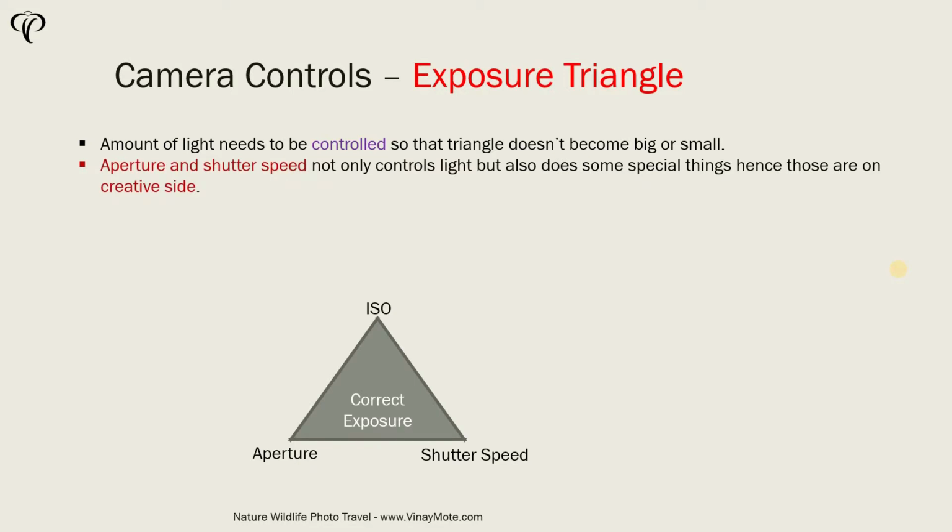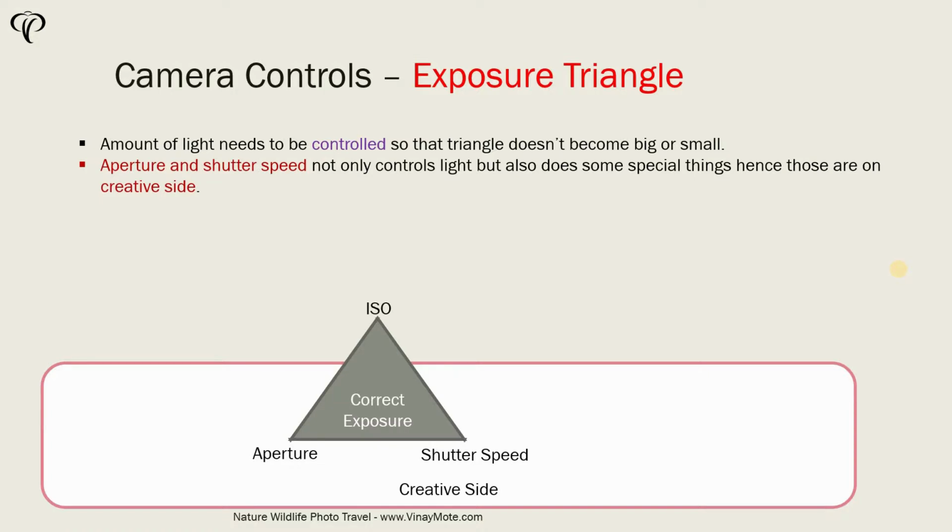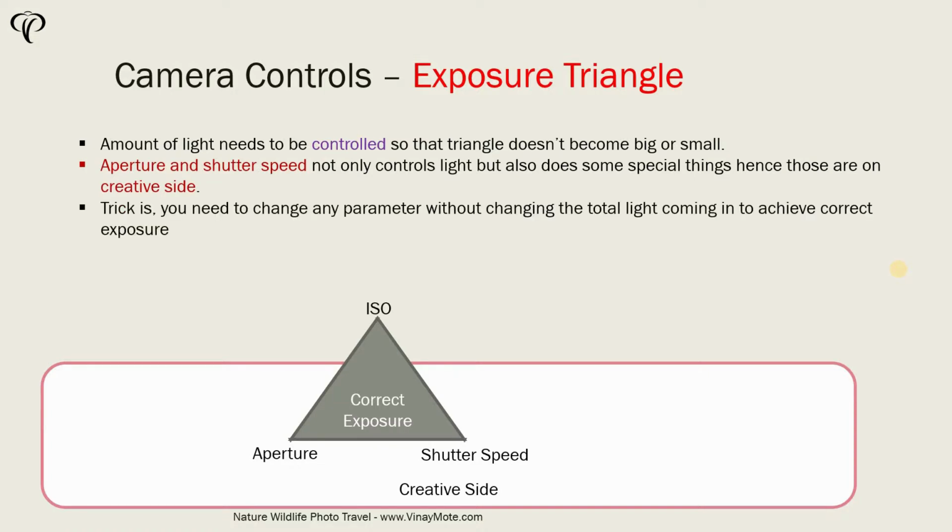However, of these three parameters, there are two, aperture and shutter speed, that are really important because they not only control the light but also do some special things. Hence I call these two parameters the creative side of photography. So the trick is you need to change any parameter or all parameters in such a way that the camera is able to record the scene as the human eye sees,